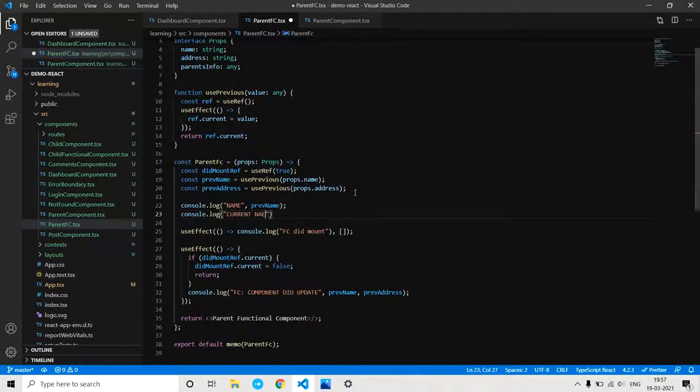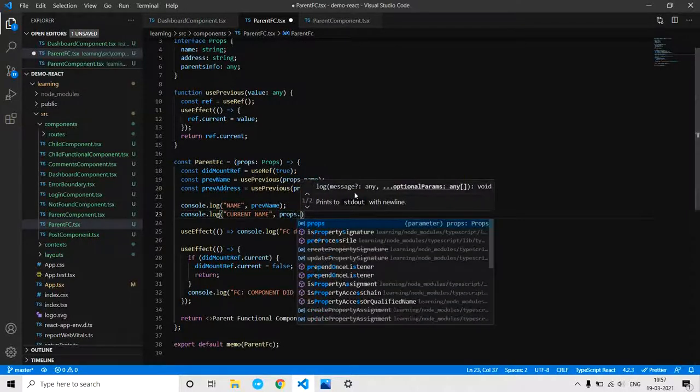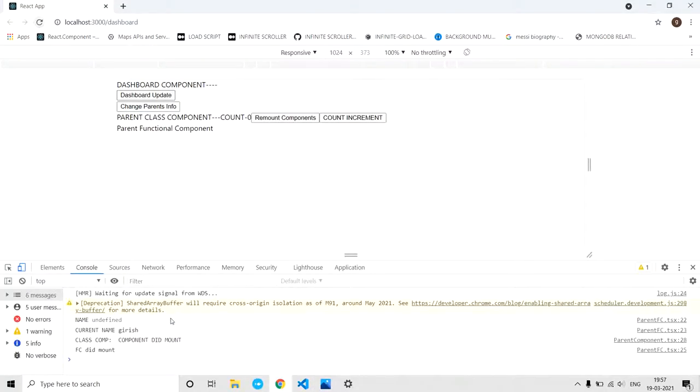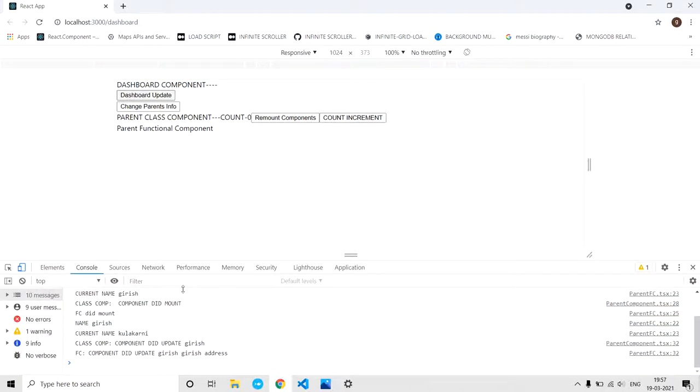Let me print that as well so that you guys understand well. Current name, which is props.name. So I just refresh it. Current name is Girish for the first mount and the previous name is undefined. If I click dashboard update, see the previous name will be Girish and the current name is the latest value.